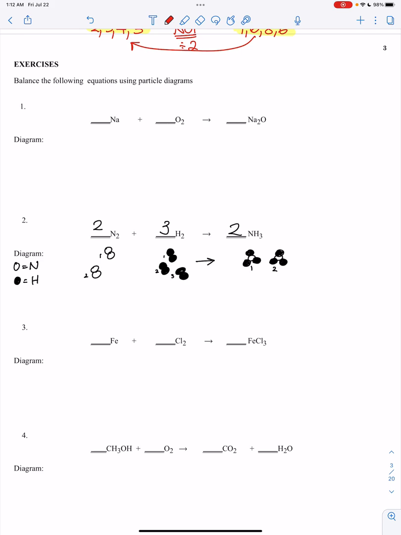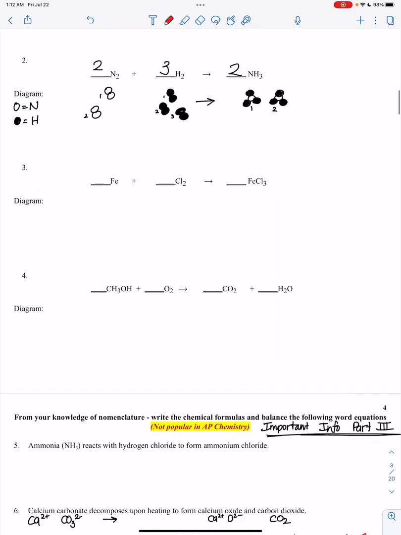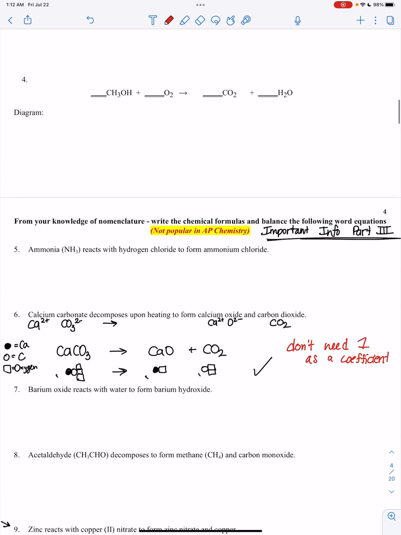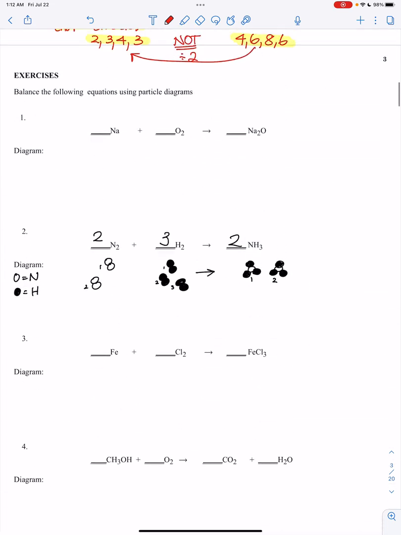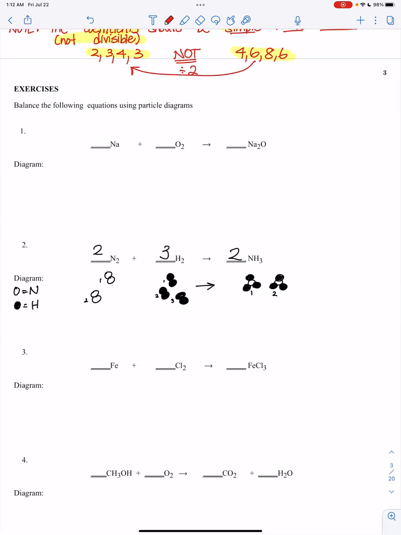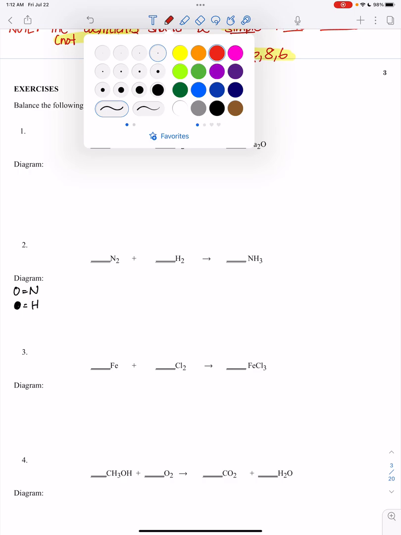All right, so if you've stuck around, I'm going to talk us through exercises 2 and 6, and then I'll probably do exercise 9. All right, so for number 2, it says balance the following equations using particle diagrams. I already did the answer to number 2. It's just 2, 3, and 2. The way that I did this, and I'll redo it all right now since I'm doing it in the lecture, the way that I did this is I just